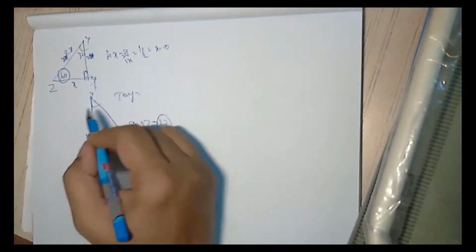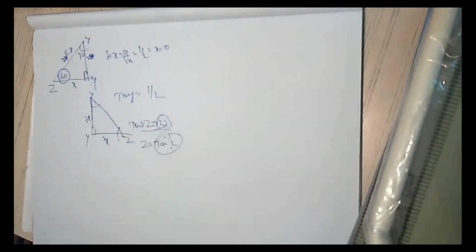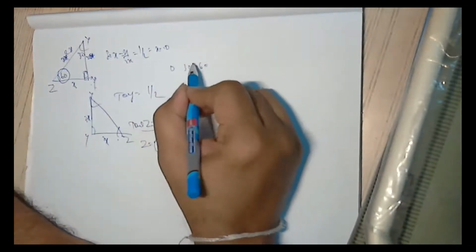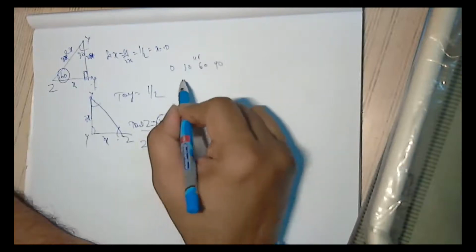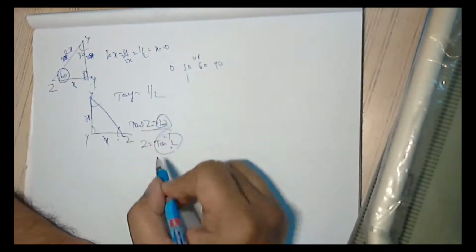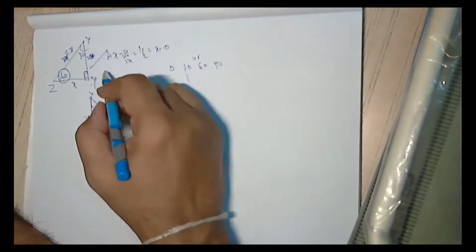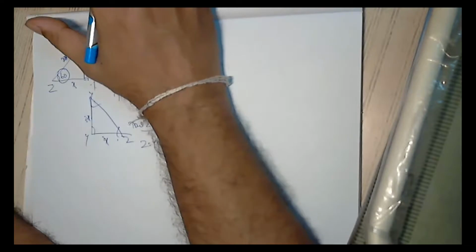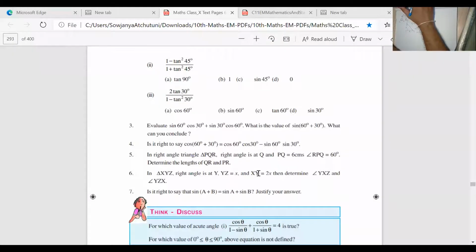So similarly, what is tan Y? Tan Y is equal to 1 by 2. So we don't have an angle. We have only 0, 30, 60, 45, 90. So nothing is tallying with 2 or 1 by 2. So this assumption is correct. This is the standard at this level. So assume this as X, this as Y, Z.